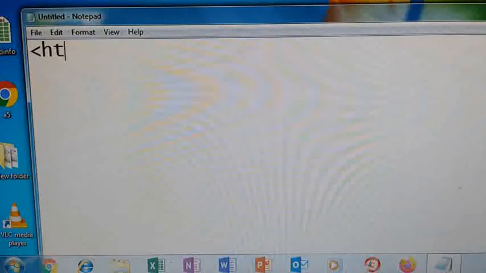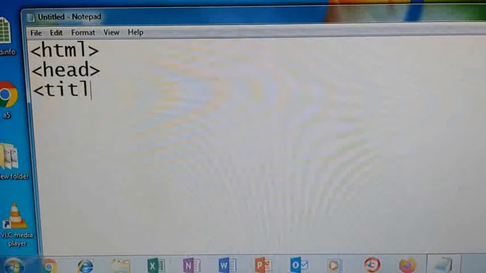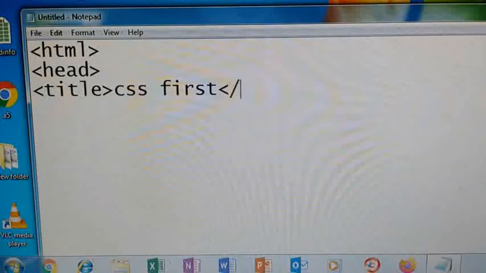So as usual, html, now head, this is an opening tag. Title, here I am giving a title as CSS. You can give any title. Next I am closing the head.